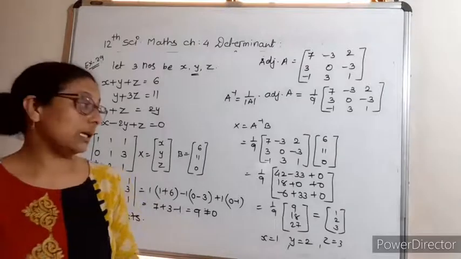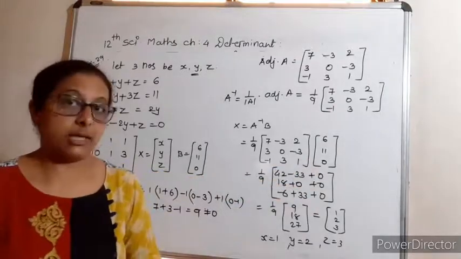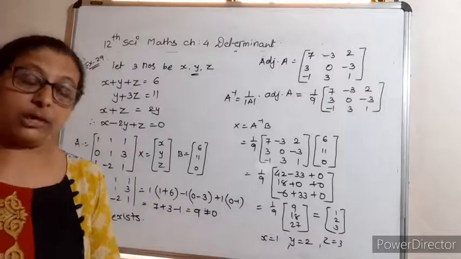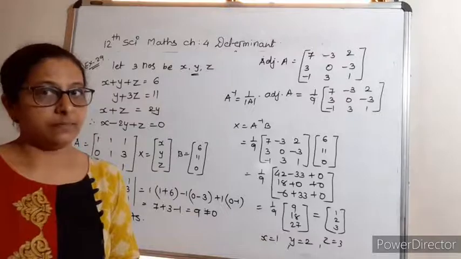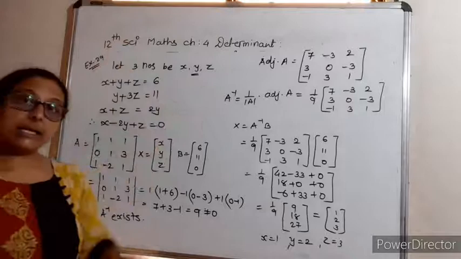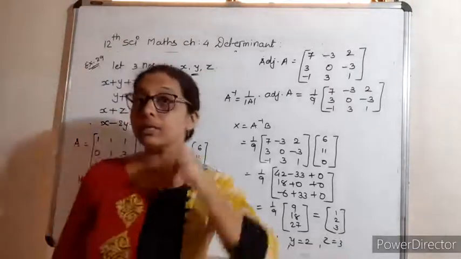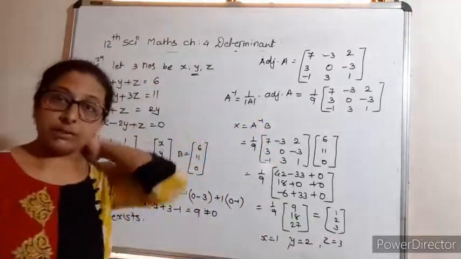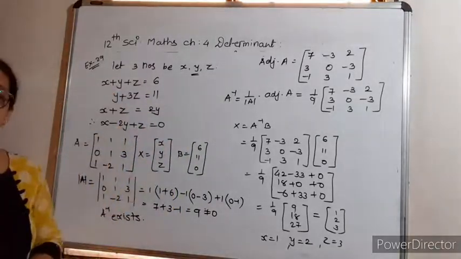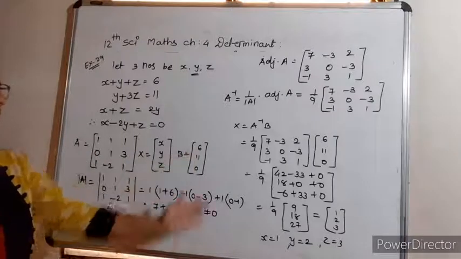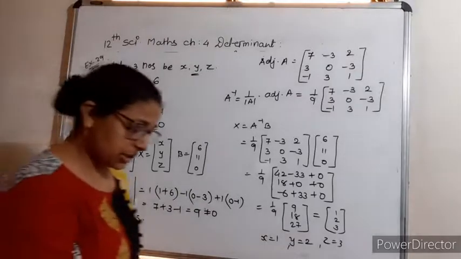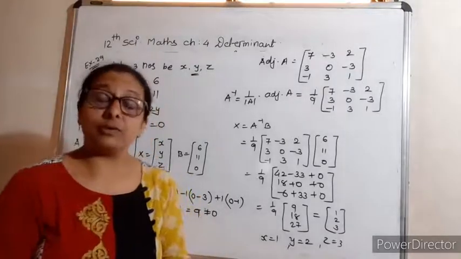Right? For this you must know matrix multiplication. If you don't know matrix multiplication, you can ask me personally. You can call me, I will tell you how to do it. Okay? So this is if the equation is directly given. Sometimes the equation is not given, but it is given in a word problem. So first prepare the equation, form the equation, then solve it. You just write these 3 matrices, find the inverse and do it. It is a very easy method and mostly asked in the exam in section B or C.